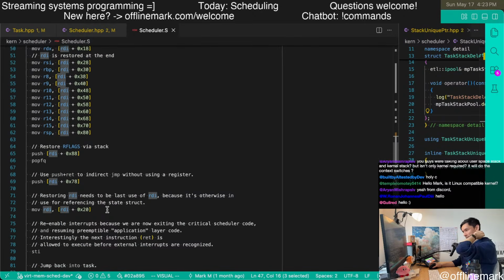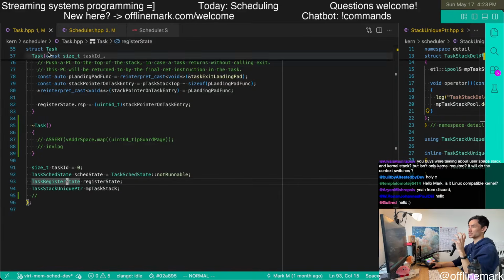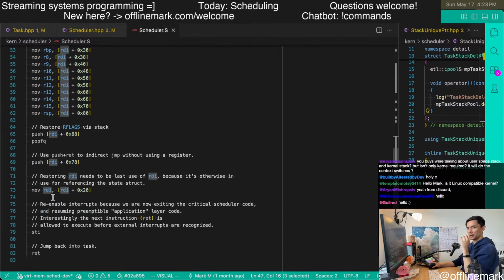That's what this routine looks like as a consequence of keeping it in a pointer inside the task object, so there's a bit of complexity with the ordering.